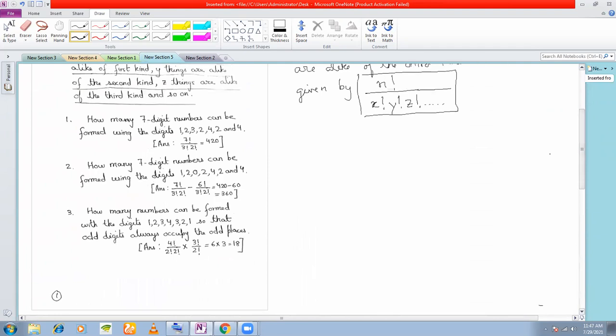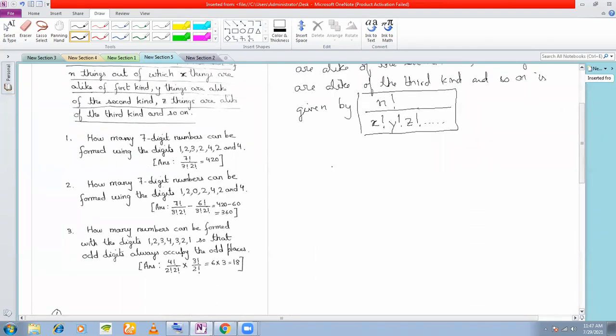Why does this happen? Let us say I have 3 different things, A, B, and C. Not necessarily letters. It may be, say, apples, mangoes, and bananas. A may be apple, B may be banana, C may be guava. Three different things, but you cannot distinguish between the apples, or the bananas. All bananas look alike, though all may not look alike also. That's a different thing altogether.